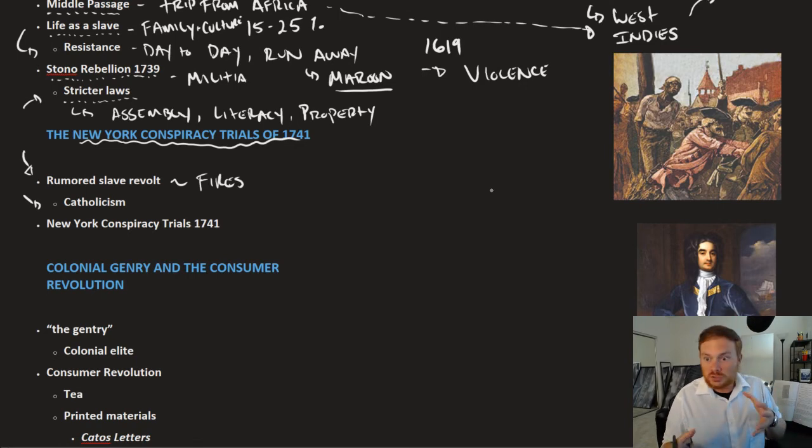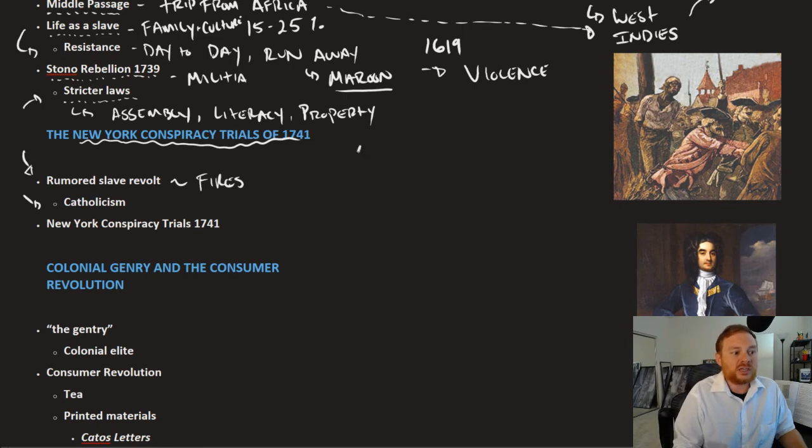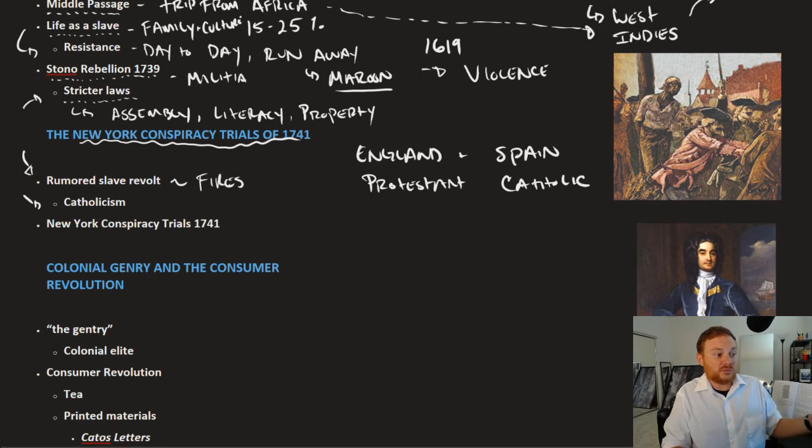Again, we have to recall some of the ways that England fits in and their conflicts with the rest of the world. England and Spain are great rivals, right? Spain is actually in possession of Florida. England is Protestant. Spain is Catholic. And remember the Dutch and the Netherlands, right? They were religiously tolerant. So you had maybe a presence of Catholics in New York that you didn't really have anywhere else.